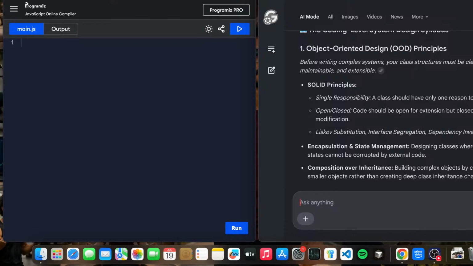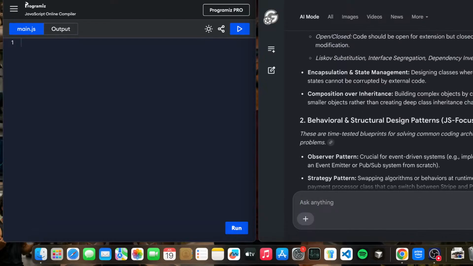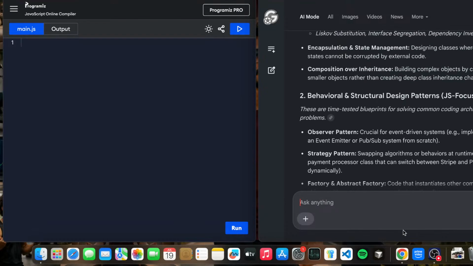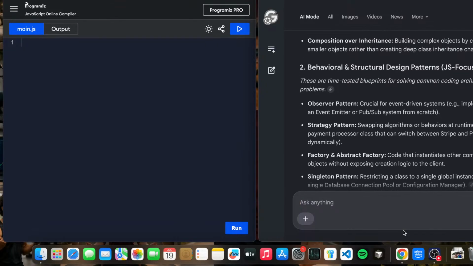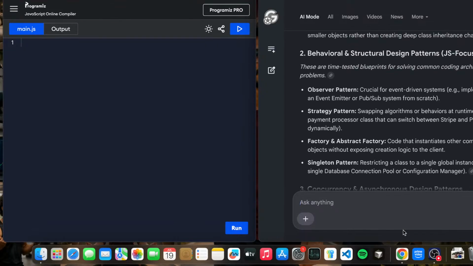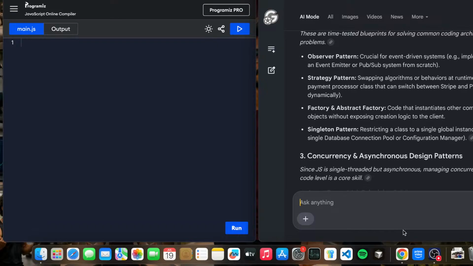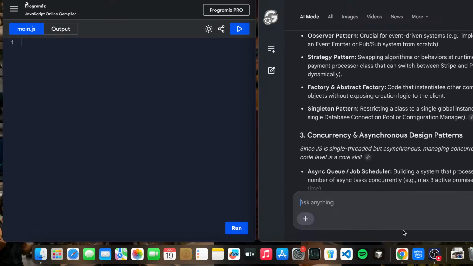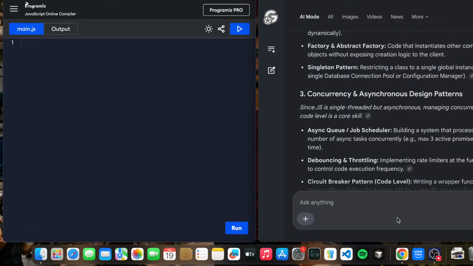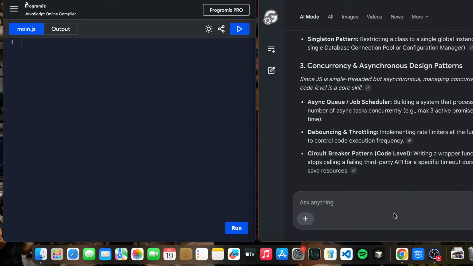I've also not practiced about the SOLID principles yet, but interesting. Practice more about it. What are the SOLID principles? Encapsulation, state management, composition over inheritance. Okay, composition over inheritance, behavioral structure, design patterns, observer pattern, strategy pattern, factory, abstract factory, singleton pattern, concurrency, asynchronous design pattern,